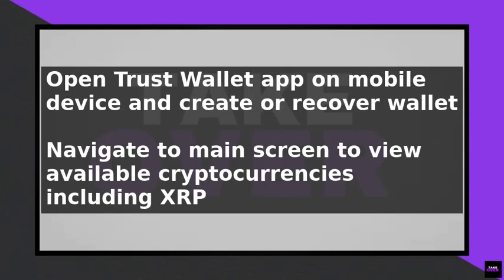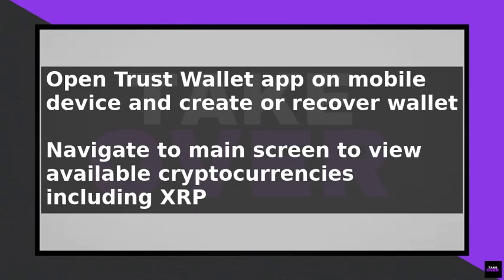To send XRP using Trust Wallet, start by opening the Trust Wallet app on your mobile device. If you have not already, create a new wallet or recover an existing one using your seed phrase. Once your wallet is set up, navigate to the main screen where you will see a list of available cryptocurrencies